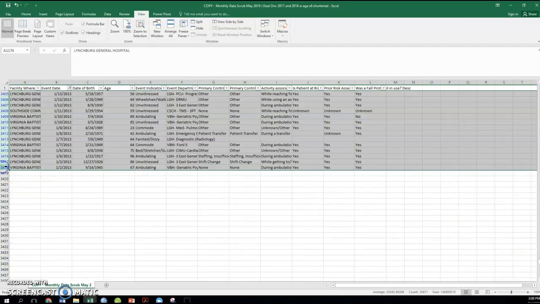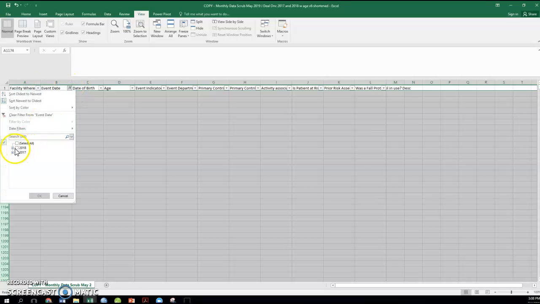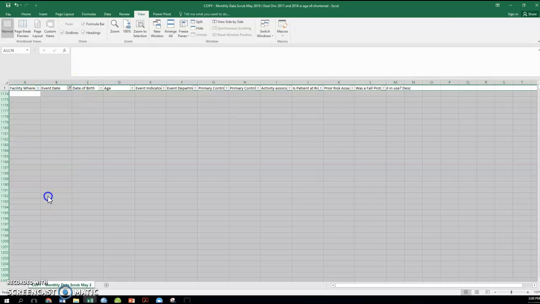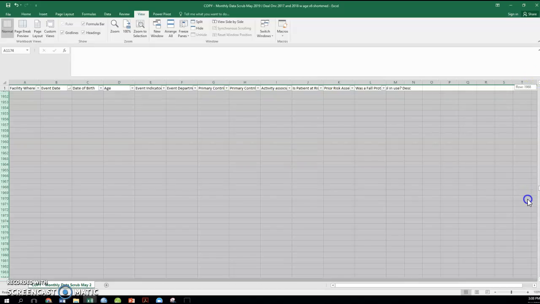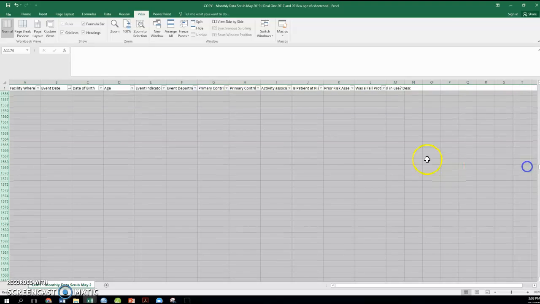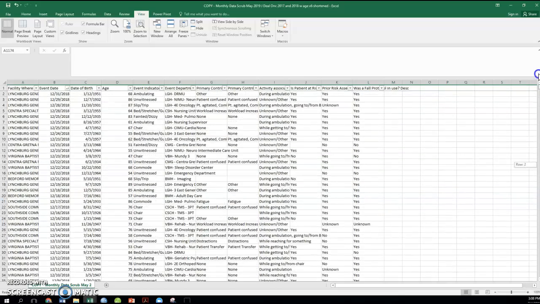Hold down Shift, right click, and then delete those. And then if we show these again, so basically we've deleted everything off except 2017 and 2018. That's certainly one way to do it, and even if we pull in JASP now, the other cells are